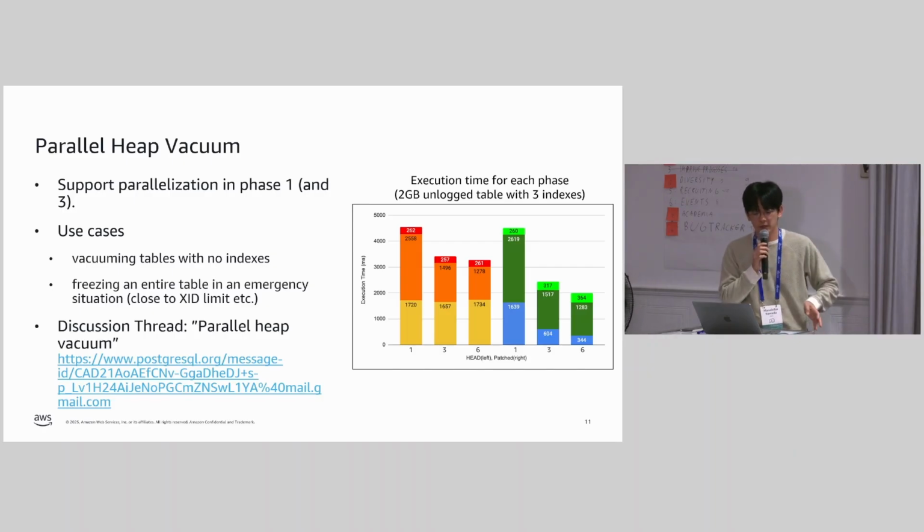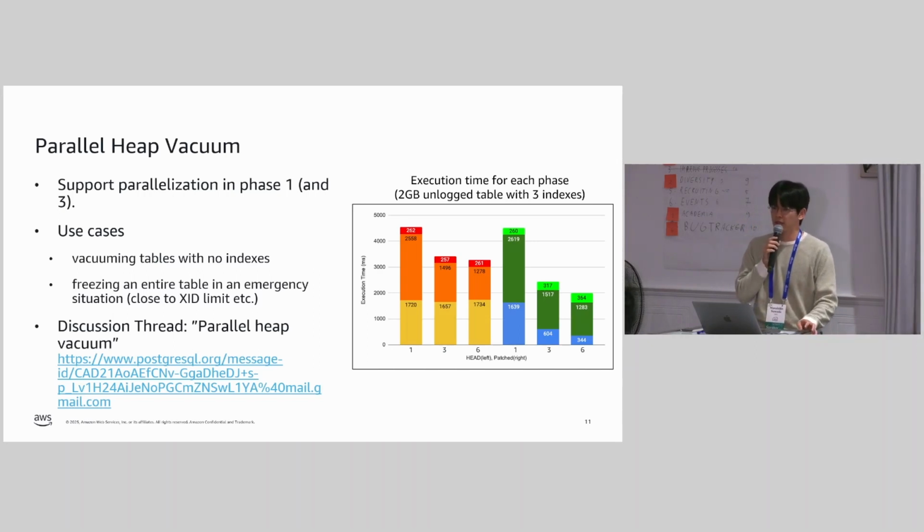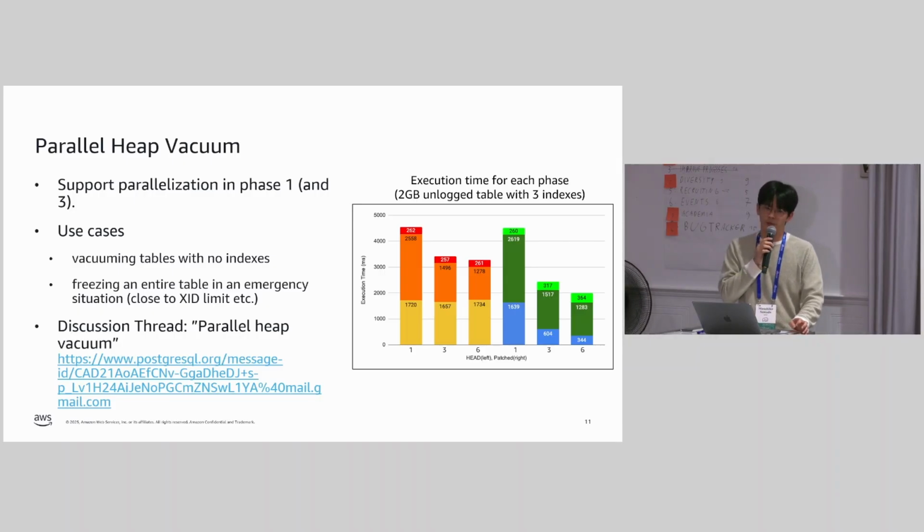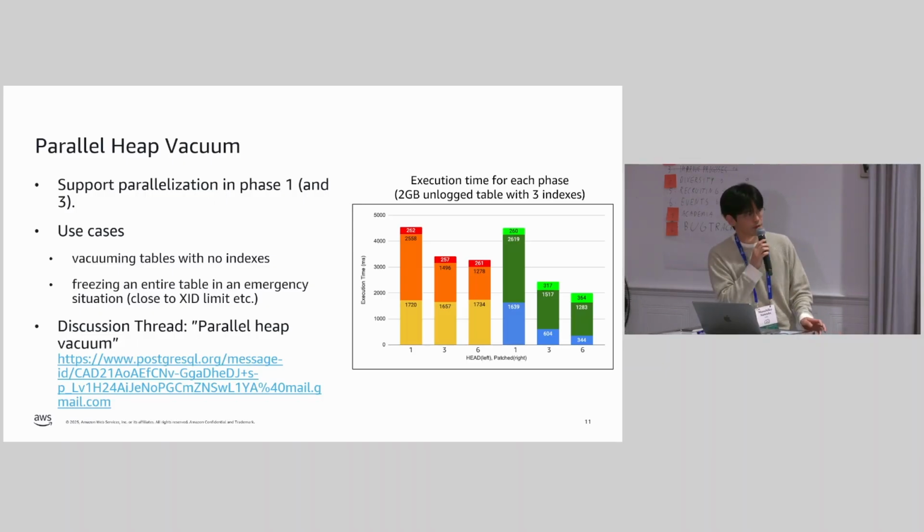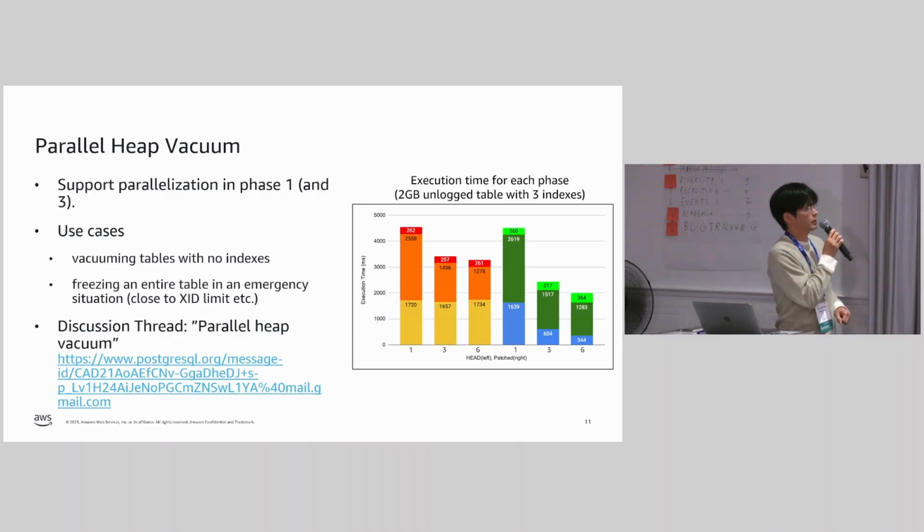For example, one is vacuuming a table with no indexes, because such a table cannot benefit from the parallel vacuum today. And also, I think the parallel vacuum is very suitable for freezing the entire table, especially in an emergency situation. So my plan is to integrate the parallel vacuum with failsafe mode, which makes sense. And looking at the graph on the left side of this slide, this shows execution time